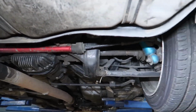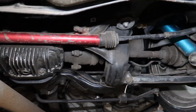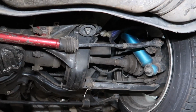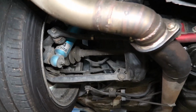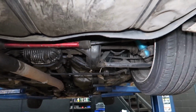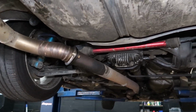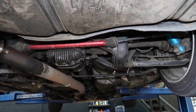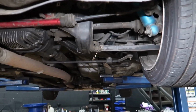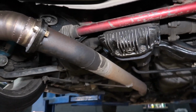So this red bar here is called a HICAS delete bar. Most of these cars come out with a rear steering feature called HICAS. It is horrible. What it does is it turns your wheels when you're above 80 kilometers. So if you're going around a corner, imagine like a bus where it turns the front and the rear wheels. It was originally meant as a safety feature to stop oversteer or to at least minimize oversteer and make cars handle better. However, it has now become more of a pain in the butt and quite dangerous if you are